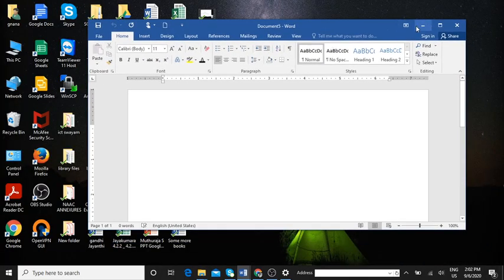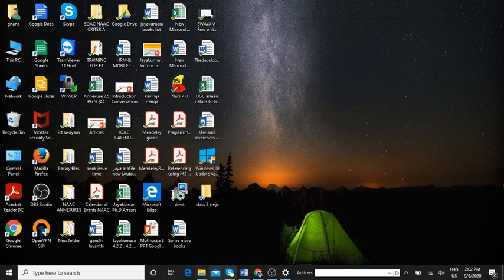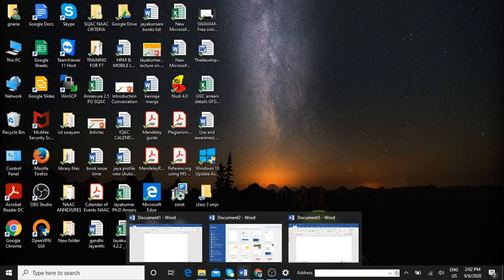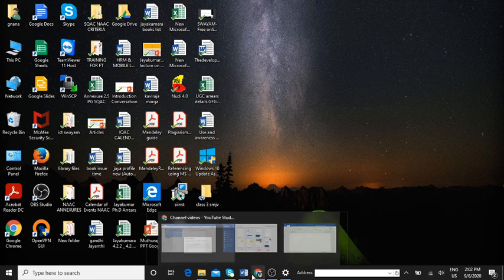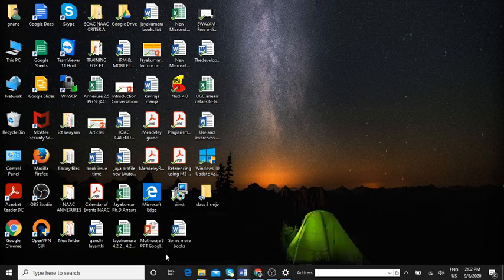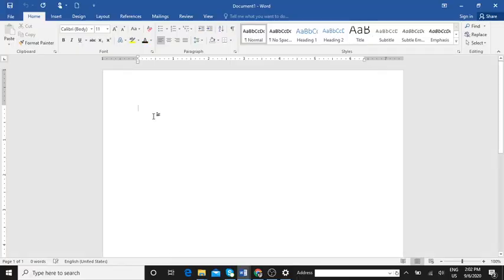If you click on minimize, it will come and sit in the taskbar. Here you can select which window you had opened, and it will open. So these are the control buttons where you use minimize, maximize, close, restore down and restore up. This is resizing a window.